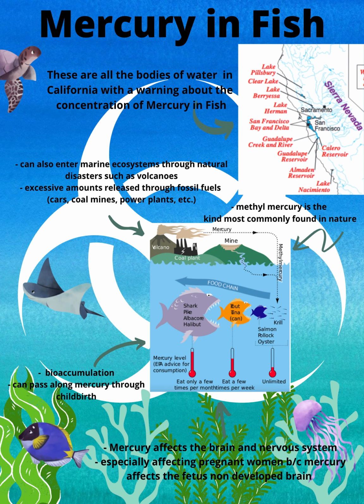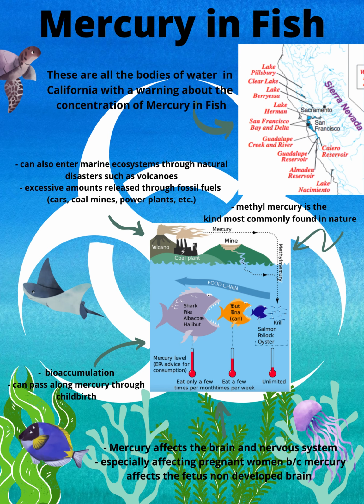Mercury naturally enters marine ecosystems through natural disasters such as volcanoes. But with the increased use of fossil fuels, excessive amounts of mercury have been released into marine ecosystems. The use of cars, coal mines, power plants, and many other carbon-emitting activities are all factors in this